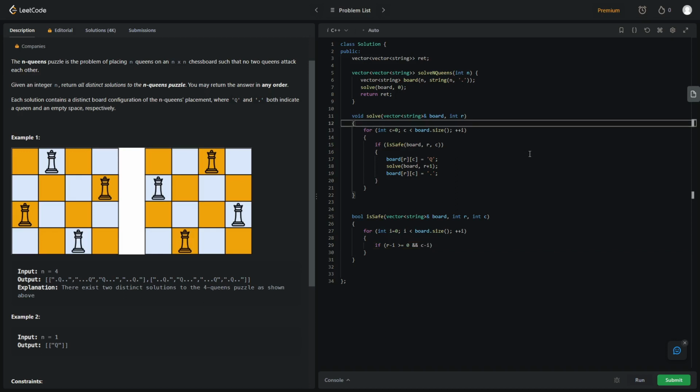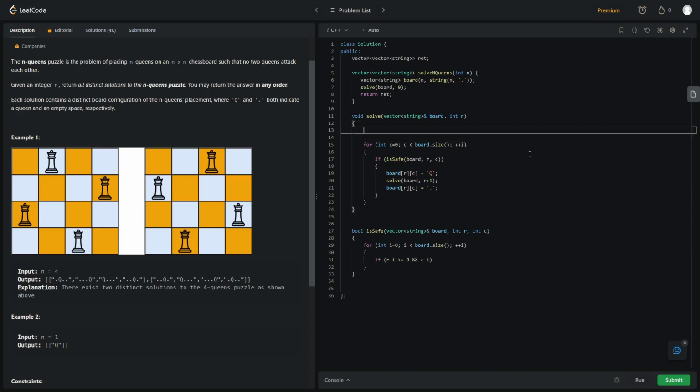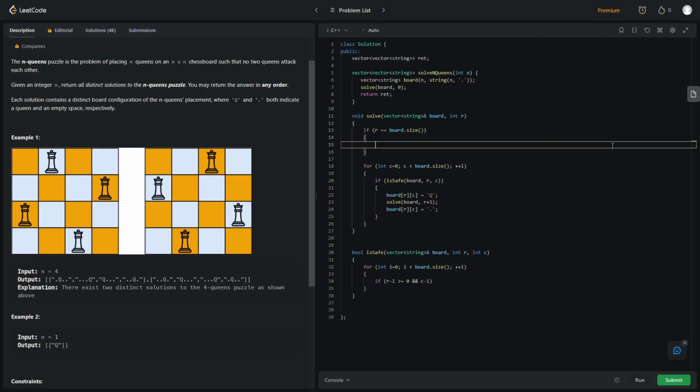This solve is recursive, so there needs to be a base case. While I'm thinking about it, I'm jumping around, but yeah, recursive functions always need a base case so that they don't recurse forever. So what is our base case going to be? If the row is equal to the maximum size of the board. So if it's board.size, meaning we've already covered it. So if board size is 4, if we're down here, then row equals board.size, we want to certainly return,